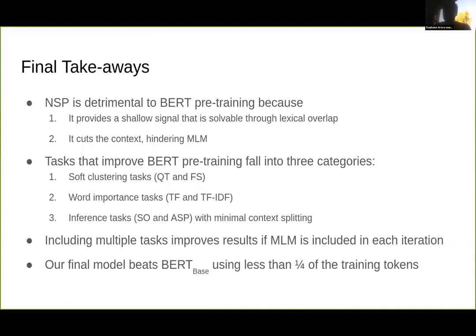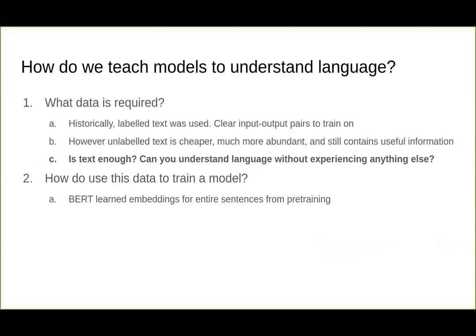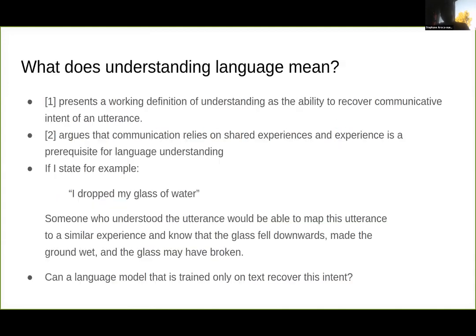But coming out of this project, I was starting to question if these models really understood language, because we're just training them entirely on text. It's like trying to learn language by just reading books and hearing the radio, but never actually going out into the world or interacting with anyone. Which led me to do some research of my own, and I found a few very interesting papers that I think helped me refine my ideas.